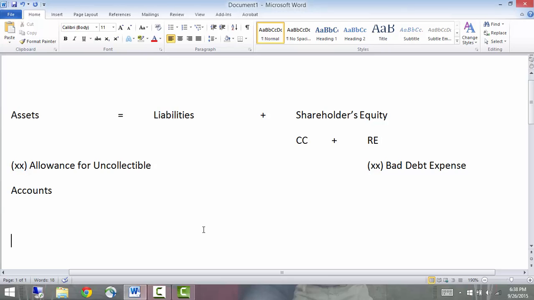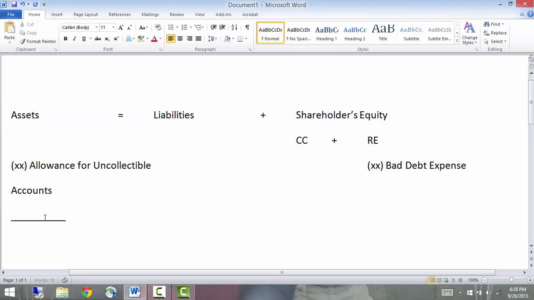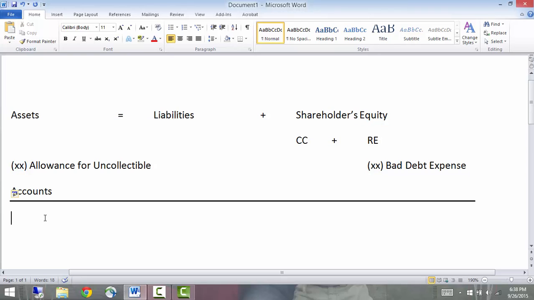So let's look at a balance sheet. Notice this is not a balance sheet up here. This is the accounting equation. It's also known as our books and records. We use everything that's in the accounting equation to prepare a balance sheet. But our balance sheet, again, you should be very familiar with what a balance sheet contains. It contains a list of our assets, a list of our liabilities, and a list of our shareholders' equity. You had to prepare one of those last exam.